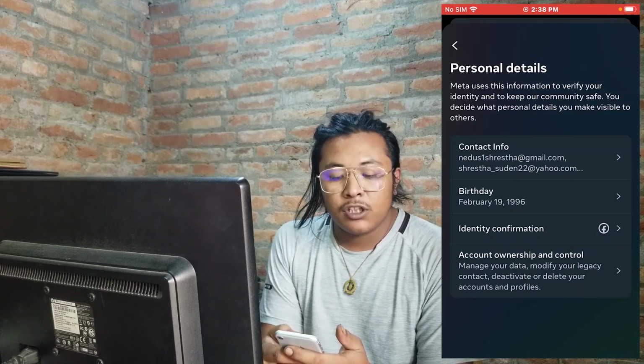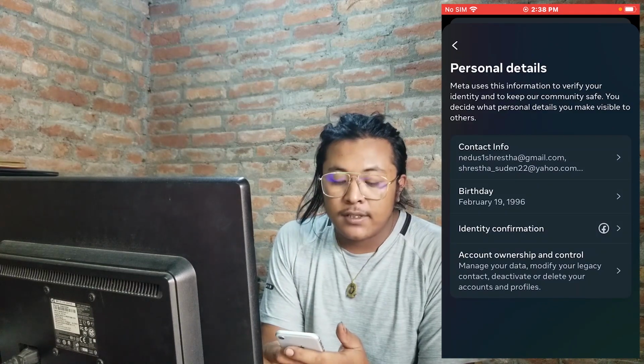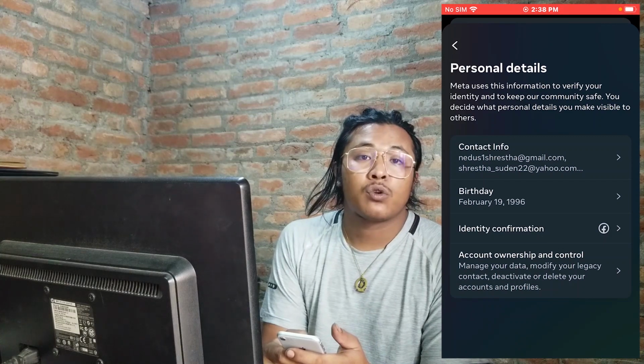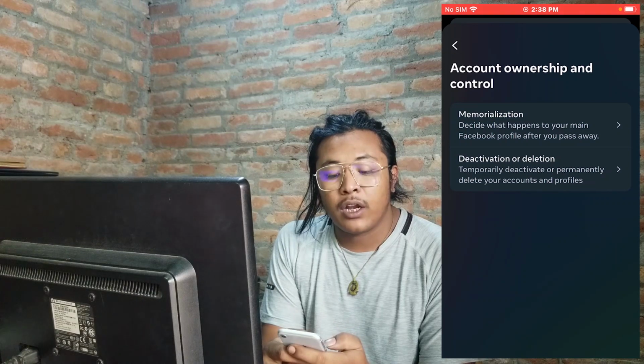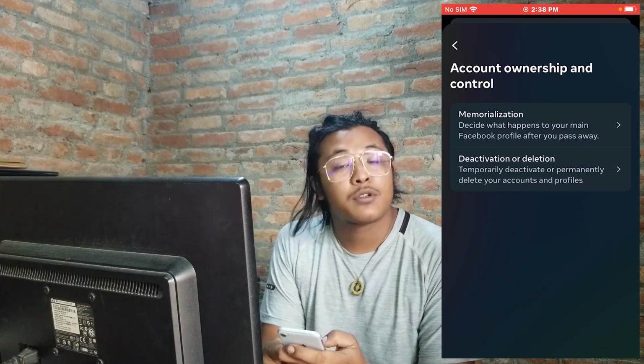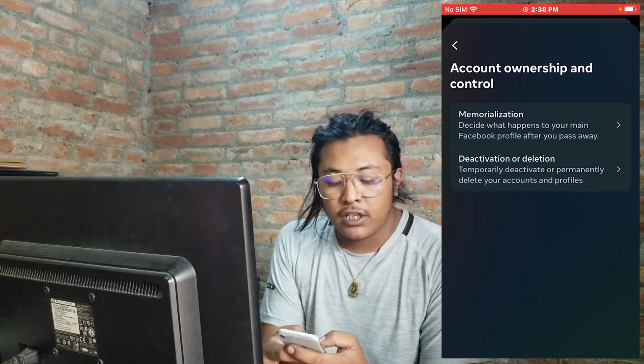And after landing on this page guys, at the bottom of the list you can see there is the account ownership and control option available for us. Tap on that account ownership and control, where you can see the deactivation and delete option available for us. Tap on that deletion option